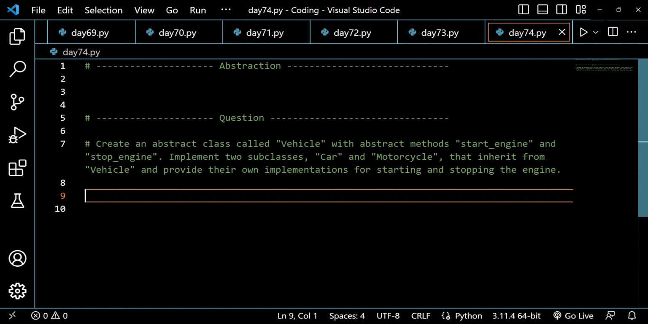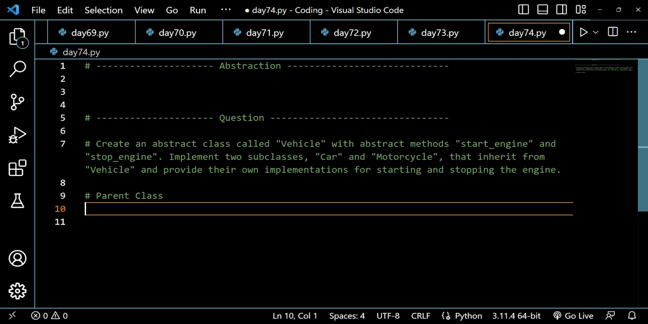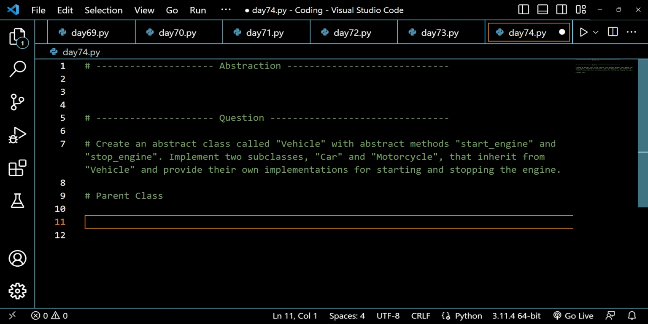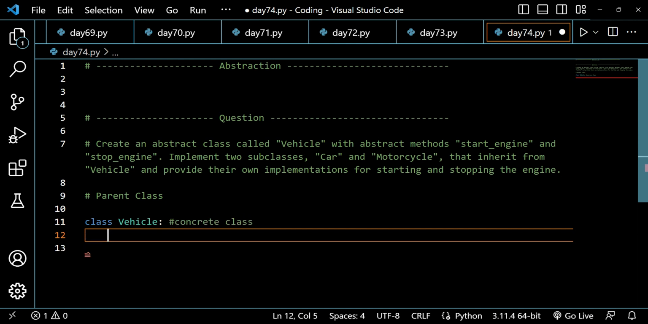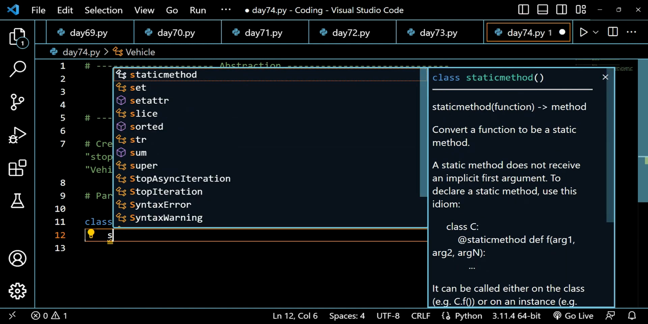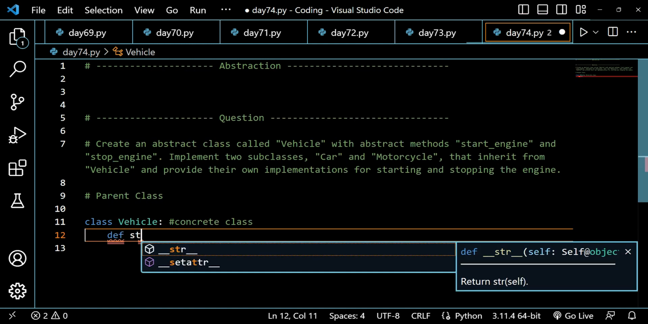So now let's start the question with a class called Vehicle. This is a parent class here, and this will be our abstract class. So class Vehicle. Right now this class is concrete, which means it's not hidden, and we will be creating two methods that will be abstract methods. So first of all, let's write the name of the method as def start_engine,